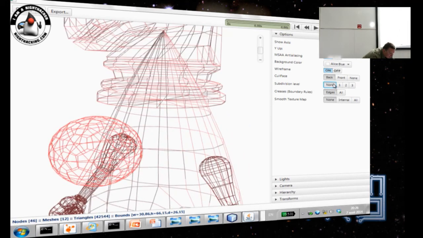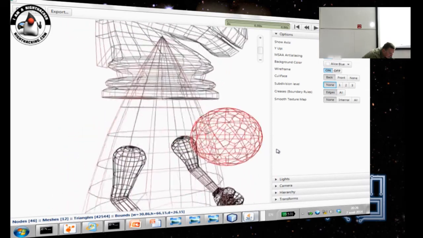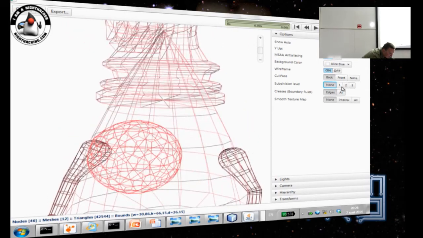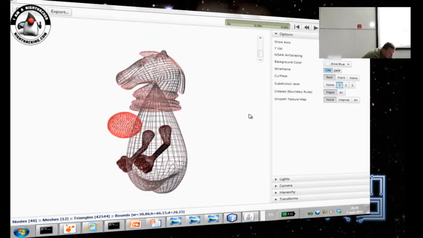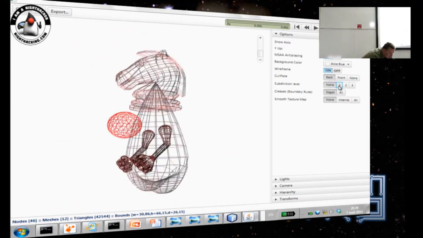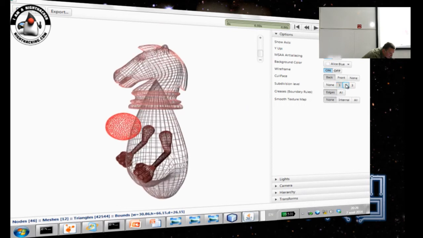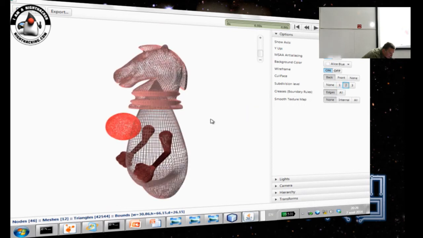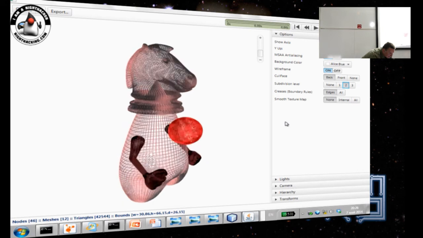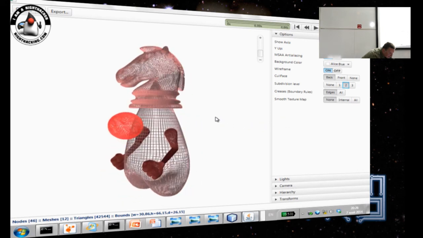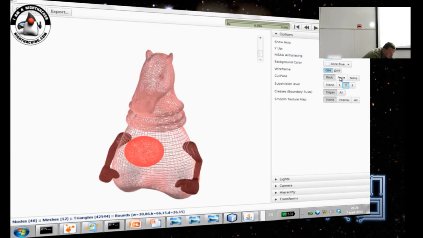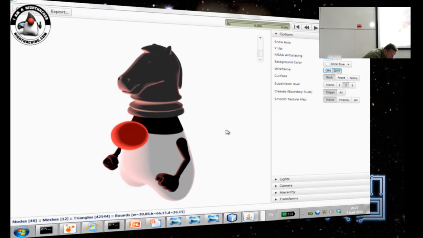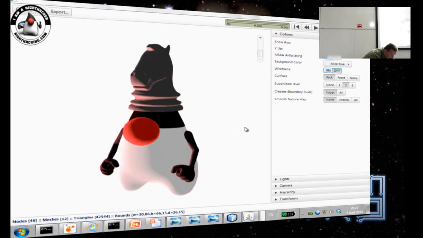So this was the original one, and this is subdivided, and you can see that it becomes smoother when you subdivide it. And also you can go further and subdivide it twice, which is extensive in terms of amount of data produced, but it is much nicer. It looks nicer, and it's nice and smooth.